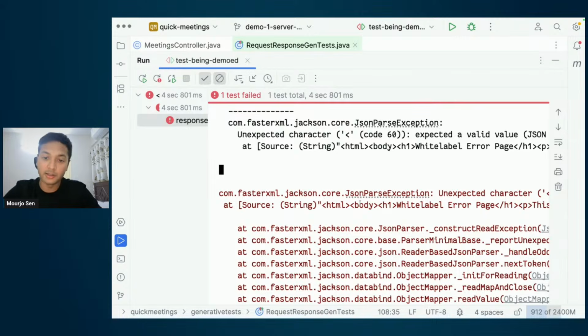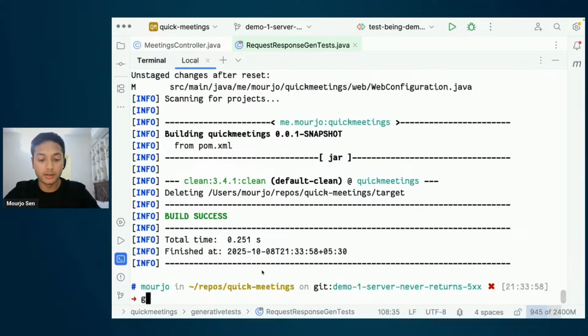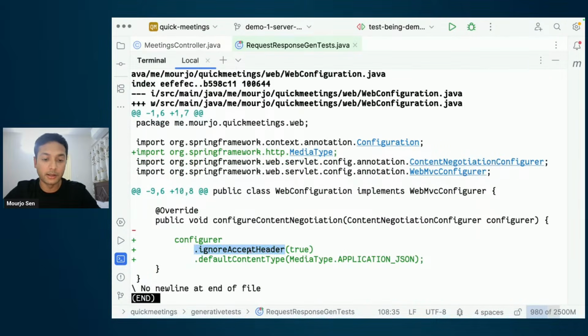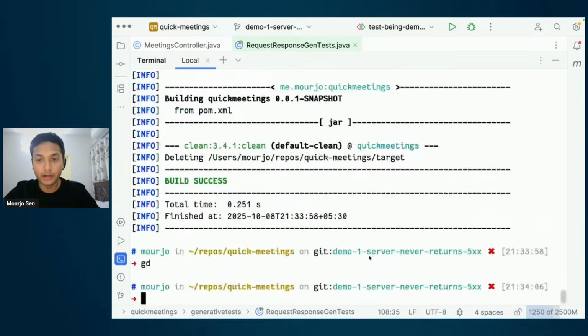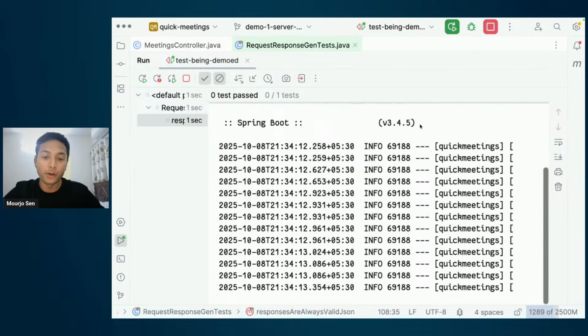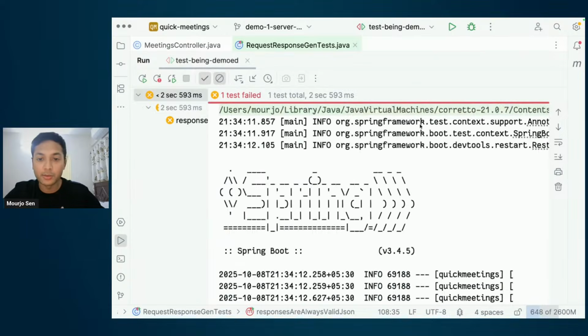But this, from Spring's default set of configurations, is a good default to have, but it just doesn't work for me. So the fix is not that important, but the fix is to update the configuration to say that, okay, ignore the accept header if the user is passing something, and always use JSON, right? So so far all the tests that I had ever written would be focused on the application endpoints that I really wrote, and the system was able to explore one case that was completely out of what I was expecting.